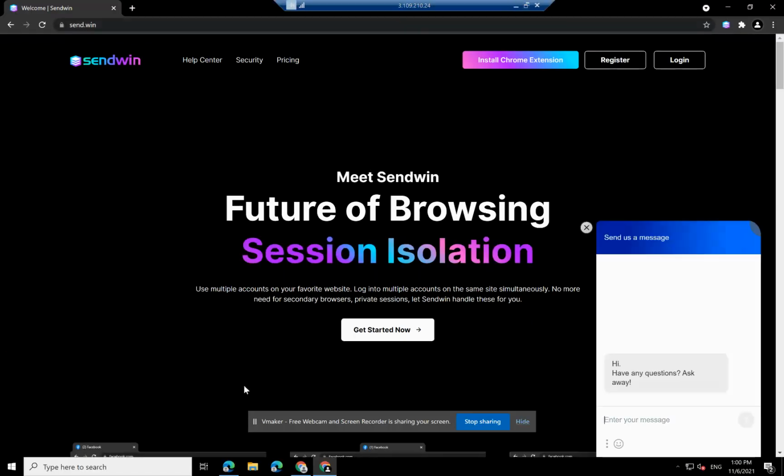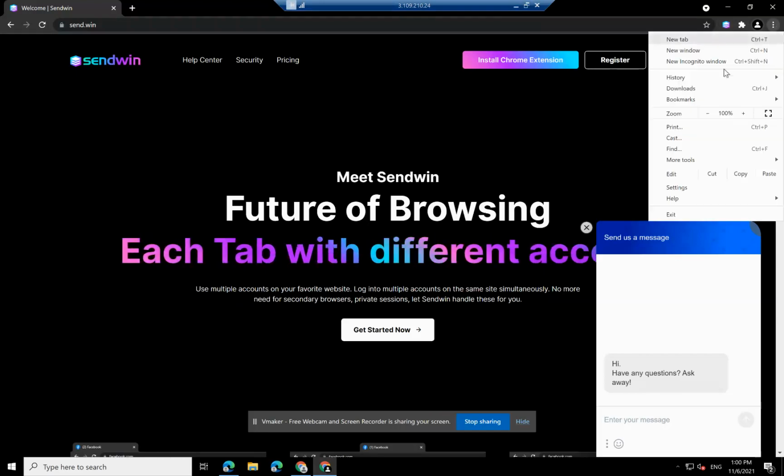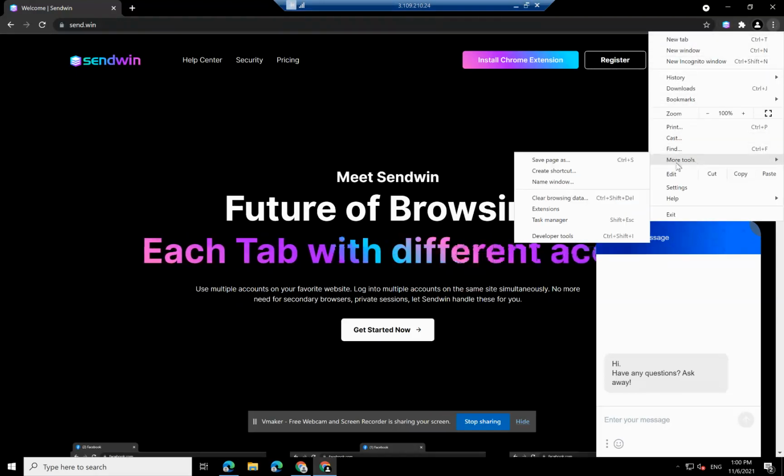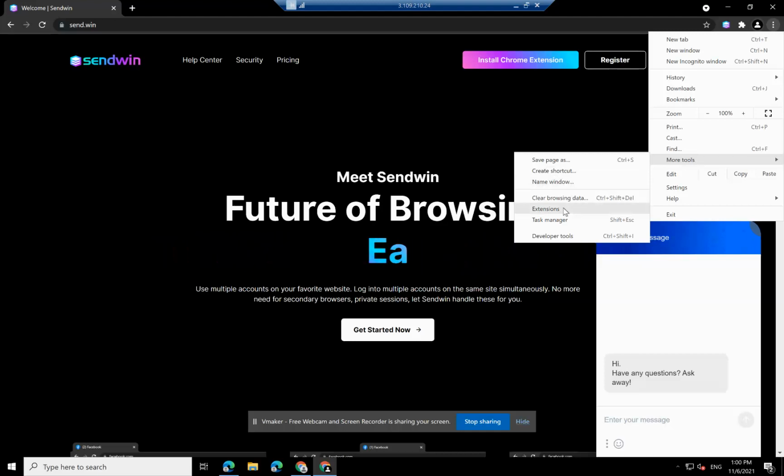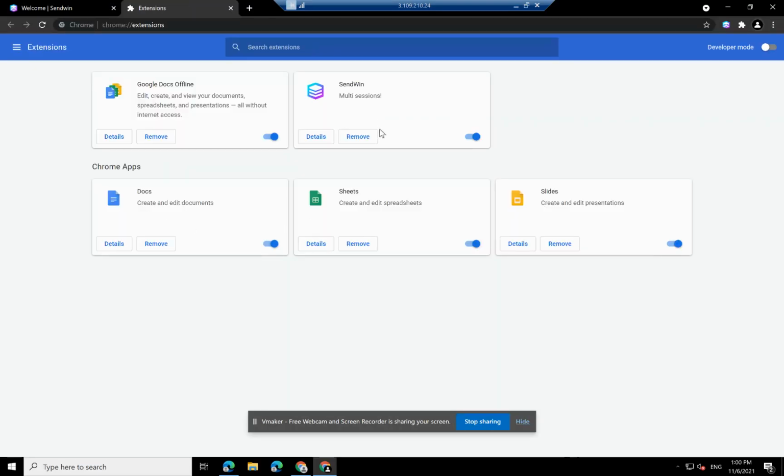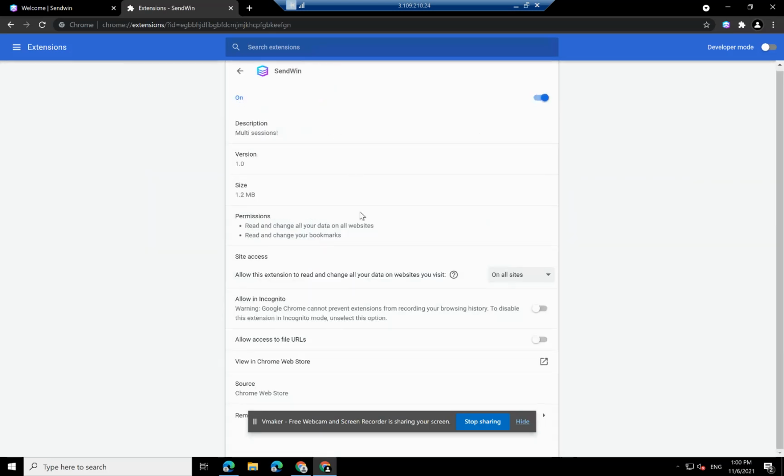So let me fire up my Chrome browser. So you can see that I have opened my Chrome browser, and in the same way we can access this. If you see the option of more settings, and if you go to the extensions page, you will see click on details, right? So you will see that they have that option, allow in incognito mode.